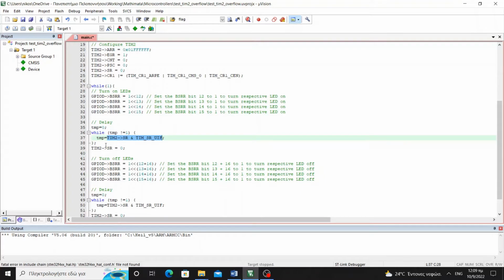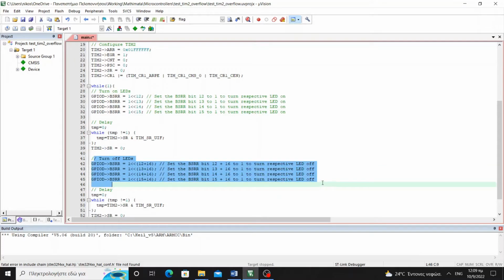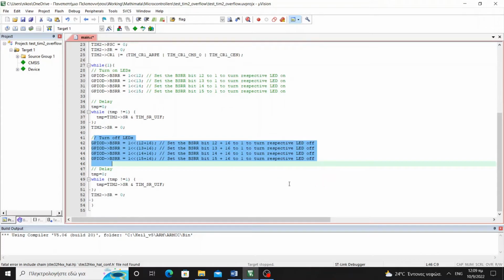So we can leave the while loop in this case, clear the status register, the delay has been measured, and we proceed to the next operation, which is the one that turns off the LEDs. The second delay is exactly the same as the first one. So we simply build the project,